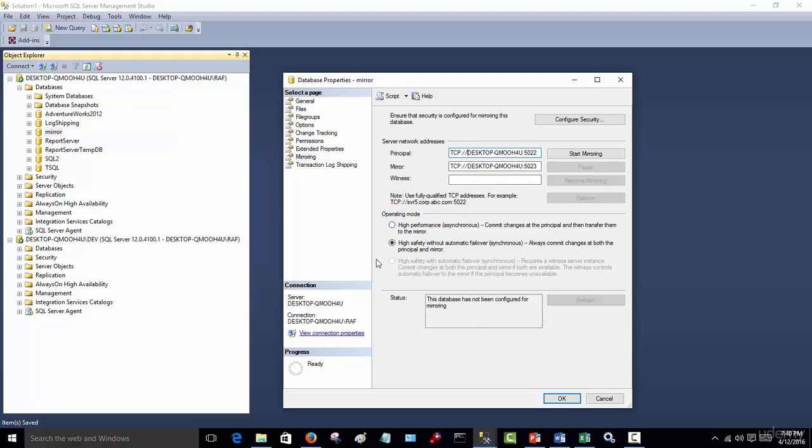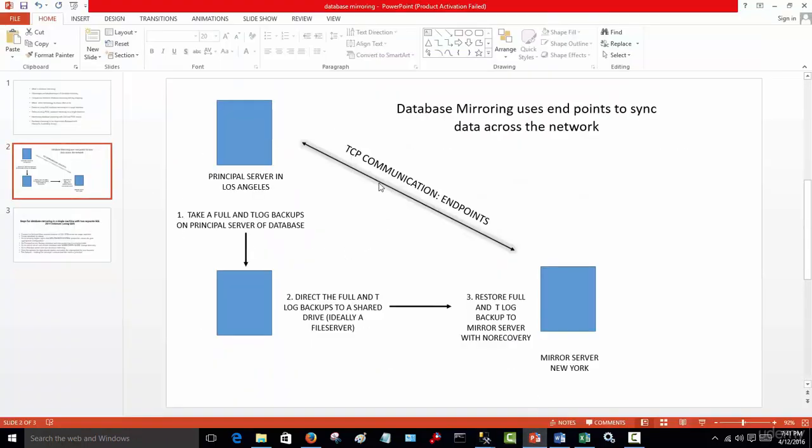Here's what we were talking about, the operating mode. By default, it's selected high safety without automatic failover, which is synchronous. And remember what it says, always commit changes to both the principal and the mirror. So remember when we talked about that, in a synchronous mode, all data that is modified here is sent to the database mirrored here. And once this is completed, then it sends it back to the application that's connecting to the principal server, and then it can proceed. Whereas in asynchronous mode,